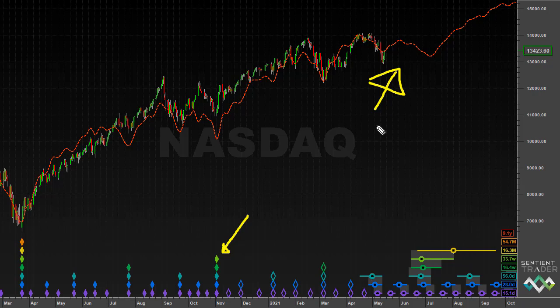Sentient Trader is not really looking into the future. It is simply saying that with the information that it has at the moment about these cycles, this is what is expected to happen. And so you can see that we are expecting price to bounce out of the 80-day cycle trough. It is expected to form a peak, as a matter of interest, an early peak, because of course we have the bearish pressure of several cycles. So we are expecting an early 80-day cycle peak, and then price is going to come down into the 18-month cycle trough. Now, as you can see, the drop down into the 18-month cycle trough is not looking very impressive.